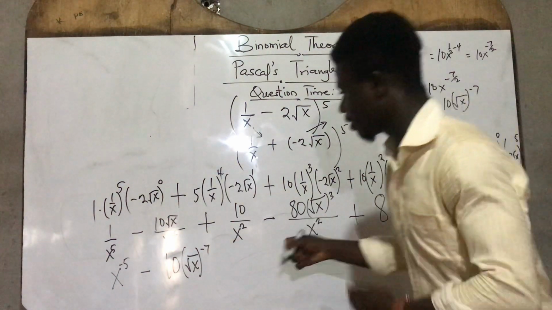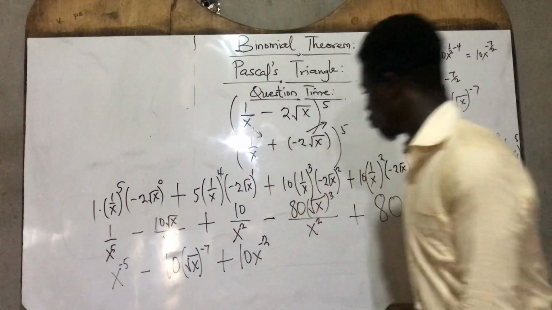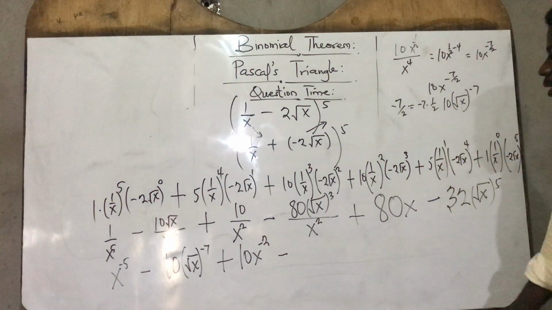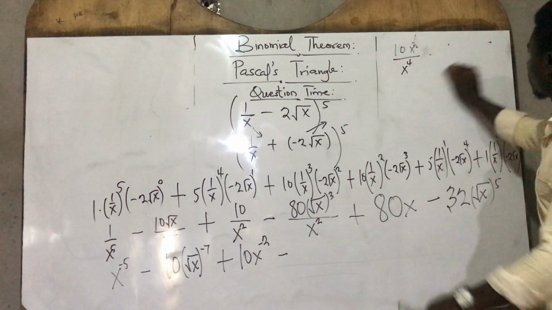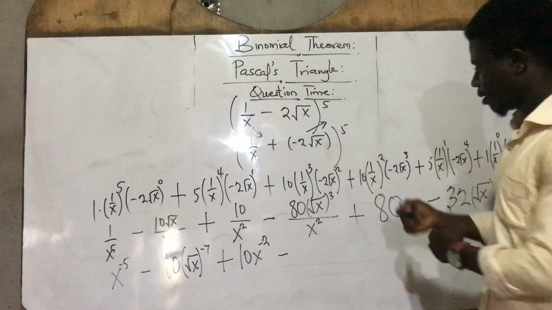Now this one can be written as what? As 10x to the power what? Negative 2, as simple as that. Minus this, let's see that. Now x squared. Now this one,